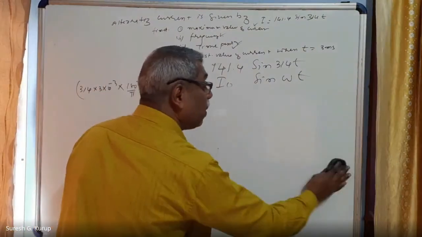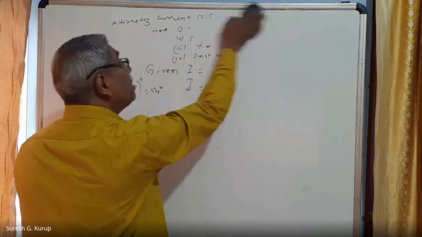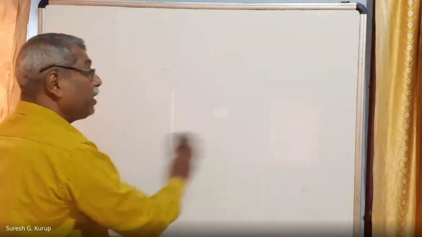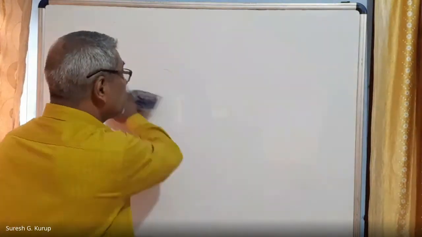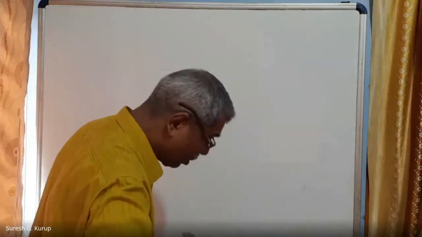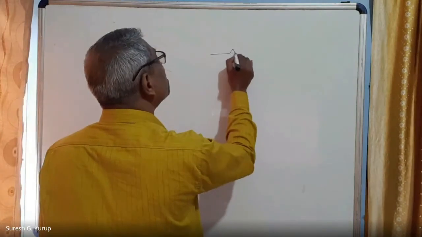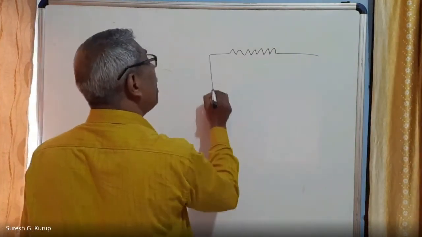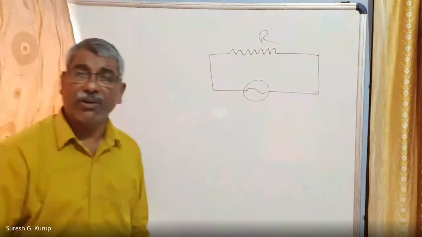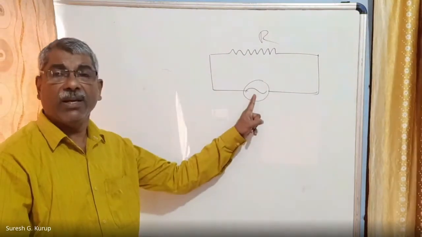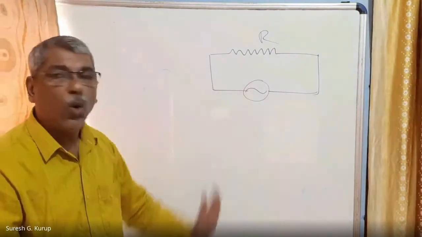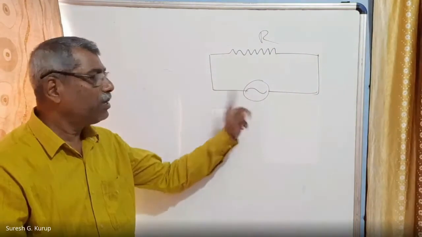Because in every one complete revolution, the direction of the current or EMF changes its polarity periodically. Every half cycle it changes, right? We can understand this. Suppose that AC EMF is applied across a resistor, as shown in the figure. A resistor is kept here, and it is applied with an AC EMF. AC EMF is represented by a sine curve kept inside a circle. This is the way we represent AC voltage or AC EMF.